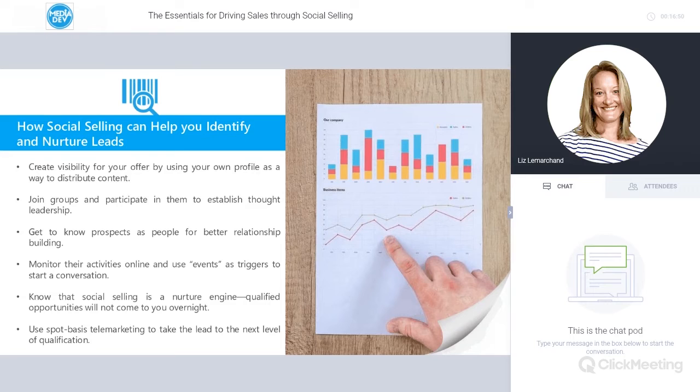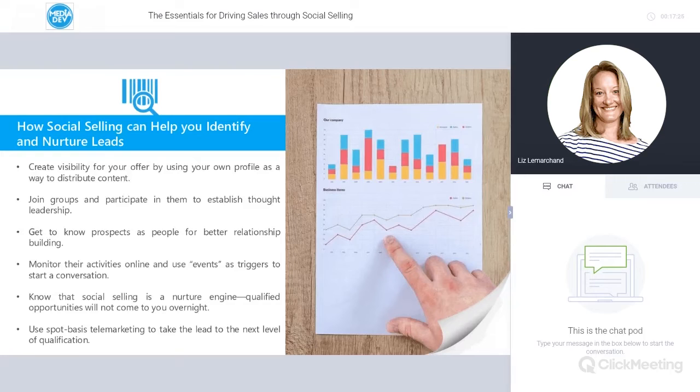Nurturing prospects really means that you're creating opportunities to reach back out and get in touch with them to take the conversation to the next level, which for social selling usually means an initial phone appointment followed by a face-to-face meeting, but it could also mean getting a prospect to download a free trial or attend a webinar. The call to action is really for you to define based on the relationship that you've established with each individual person. Again, we feel that it's best to have a highly personalized outreach.